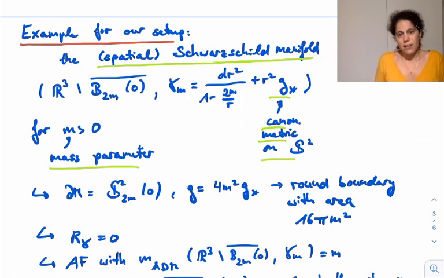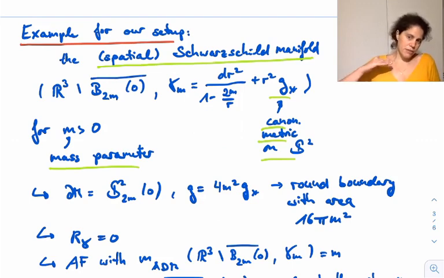You can see that at r equals 2m, this degenerates, which is why we have to take out the boundary as well. It's also spherically symmetric. It doesn't depend on any of the angles in R3, and G star denotes the canonical metric on S2. In this example, the boundary is the two-sphere in this R3 of radius 2m around the origin. So it is topologically a two-sphere, and it is actually round with induced metric 4m squared G star, which leads to an area of the boundary of 16 pi m squared, a number that will be relevant again in a second.